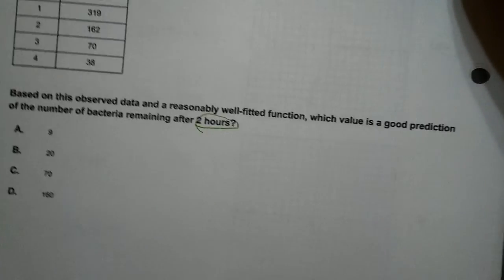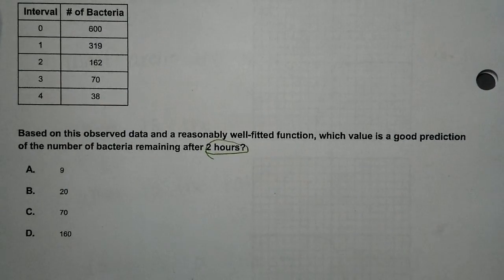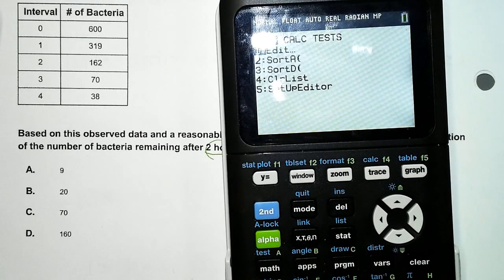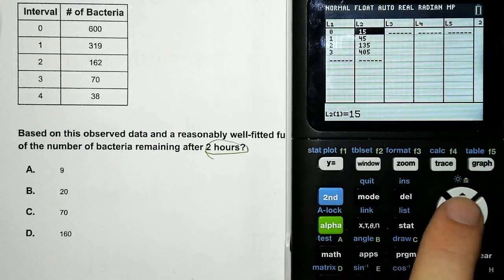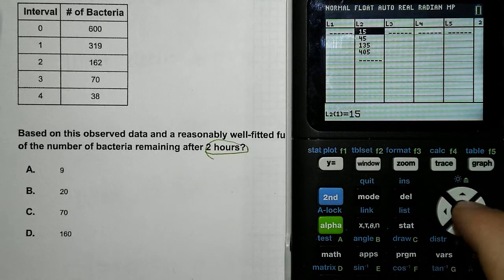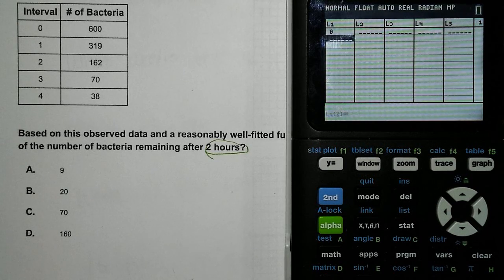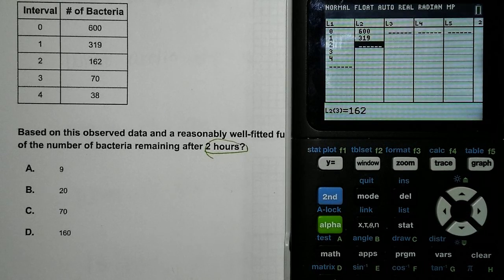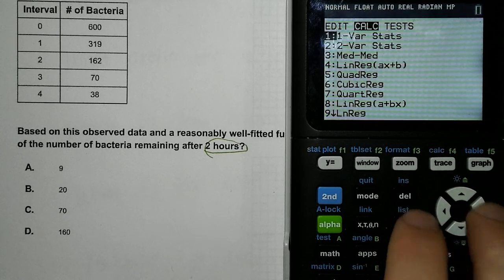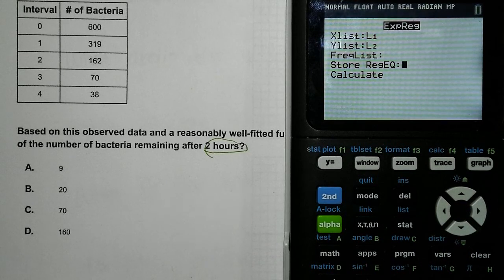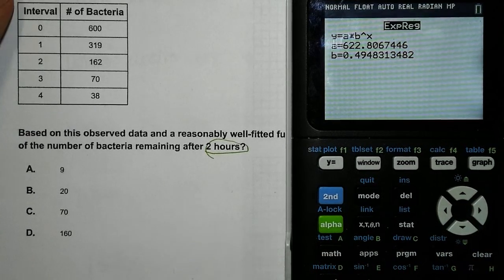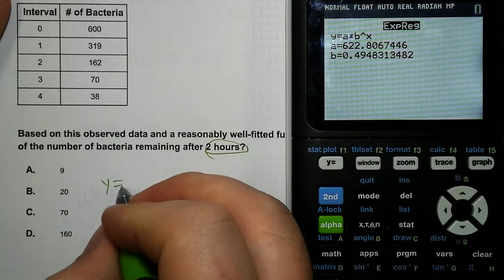So, first, what we need to do is get the equation. Well, they already gave us a table, so we're going to go into Stat, Edit, and we're going to type in our table of values. So we've got 0, 1, 2, 3, 4. Then we've got 600, 319, 162, 70, and 38. Go back to Stat, go over to Calc, go to 0, exponential regression, and our equation then is y equals